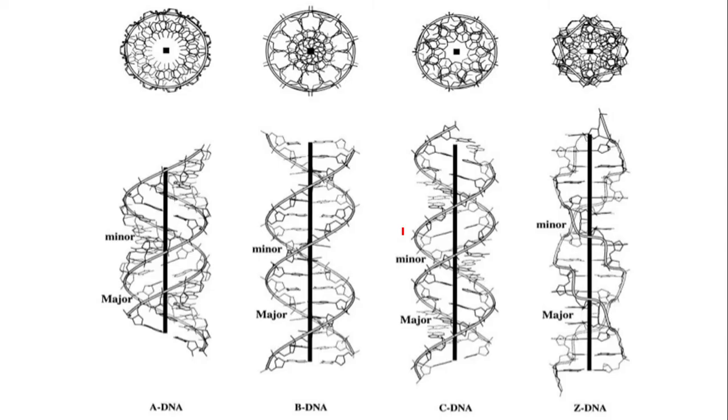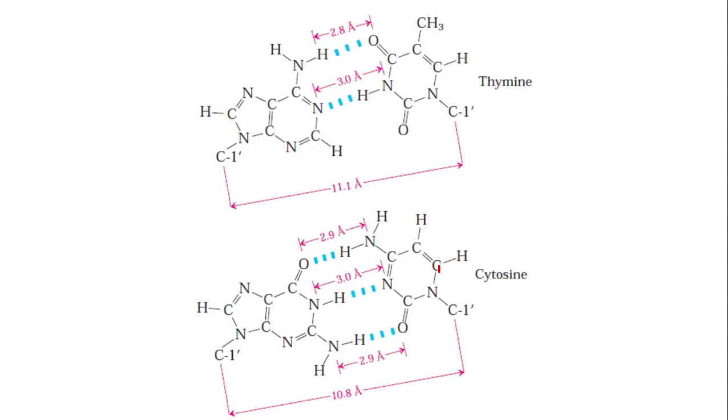The same figure, you can see a cross section here, and you can compare this diagram also. Yes, the distance of formation of a hydrogen bond you can see very well here. Nitrogen is a hydrogen donor, oxygen is an acceptor. So what is the distance between a donor and an acceptor? This is 2.9 angstrom, which is equal to 0.29 nanometer. This is 3.0 angstrom. So there is a difference of 0.1 angstrom. Okay, that's accommodated by adjusting the position of the donor atoms.